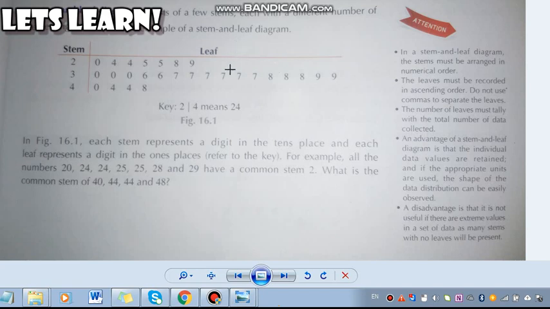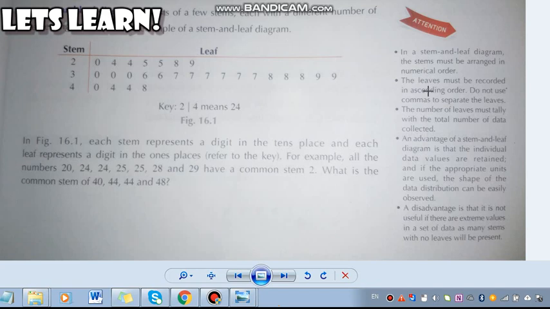So now I'll be going to our book. Open your book's page number 448. You will be noting down whatever I have asked you to note down in the previous videos. Now I'll be following the book, and I hope everyone is clear with the concept of stem and leaf diagram. This is just like a stem and a leaf, just like a real stem and a leaf.